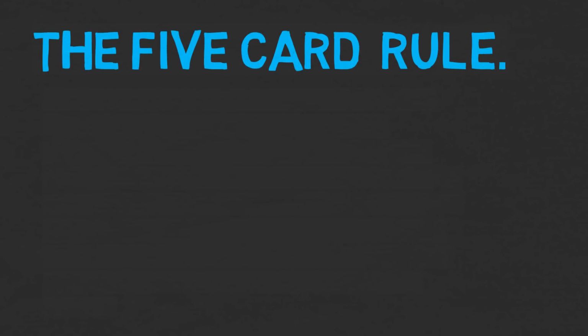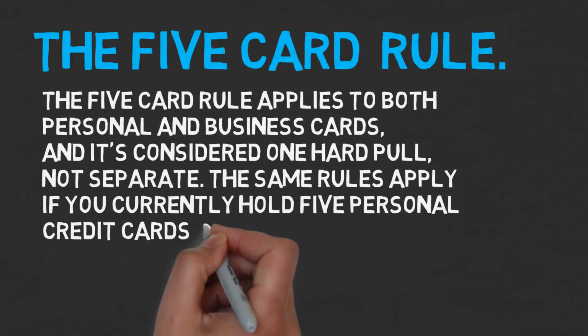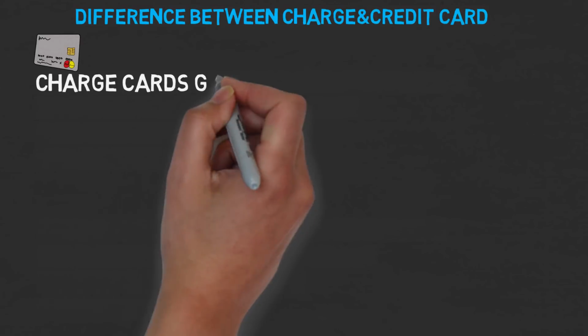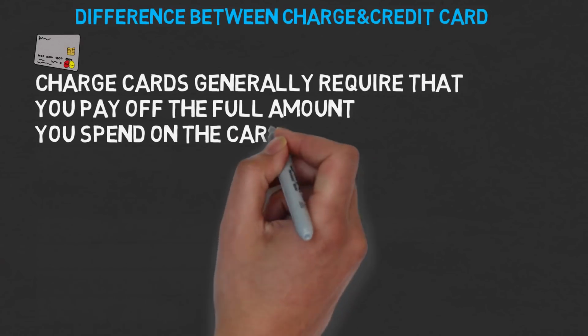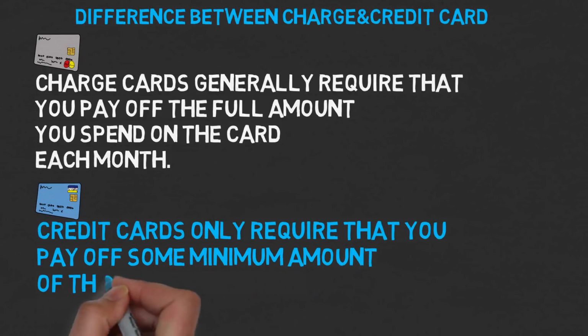There's one important rule with Amex. It's the 5-card rule, which means you're only allowed to have 5 credit cards with American Express, but this doesn't include charge cards. Really quick, the difference between a charge card and a credit card: with a charge card, you're supposed to pay the balance in full every single month. With credit cards, you could let the balance slide, but obviously you just want to pay every card in full